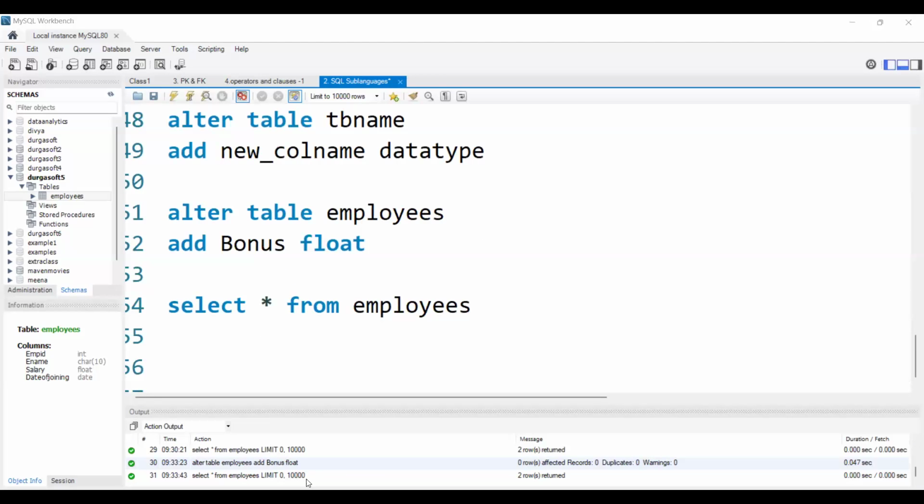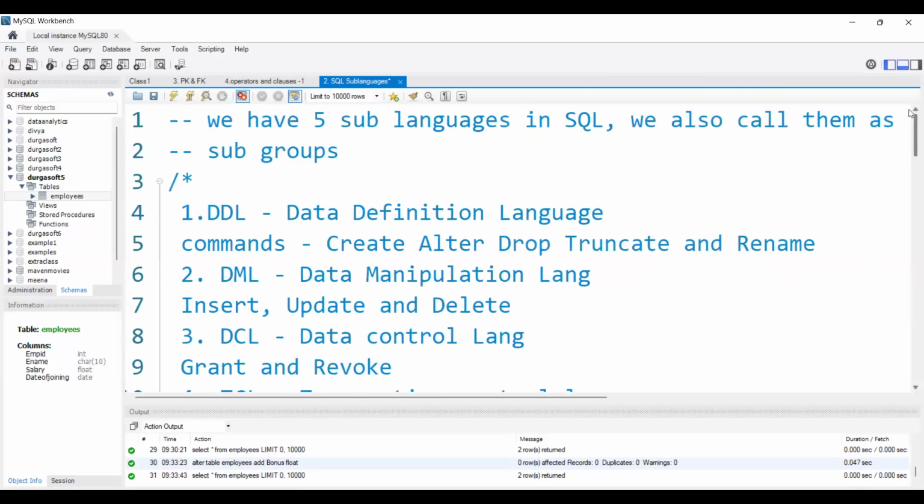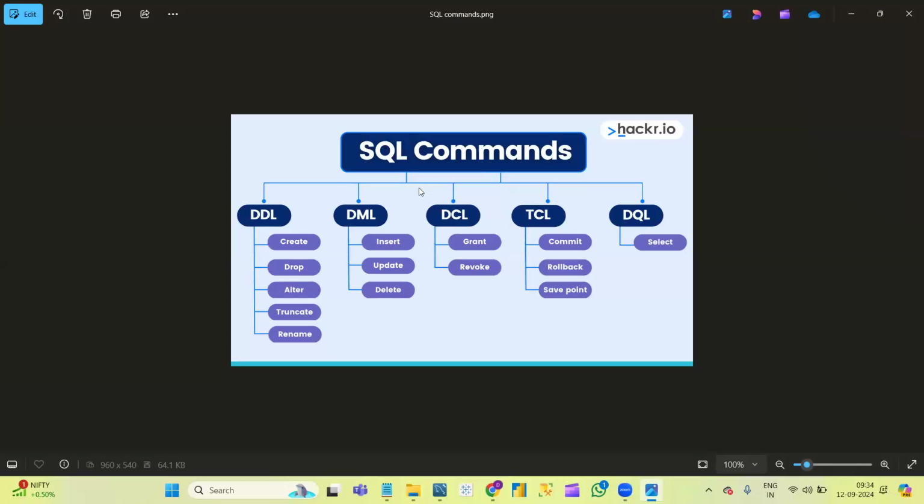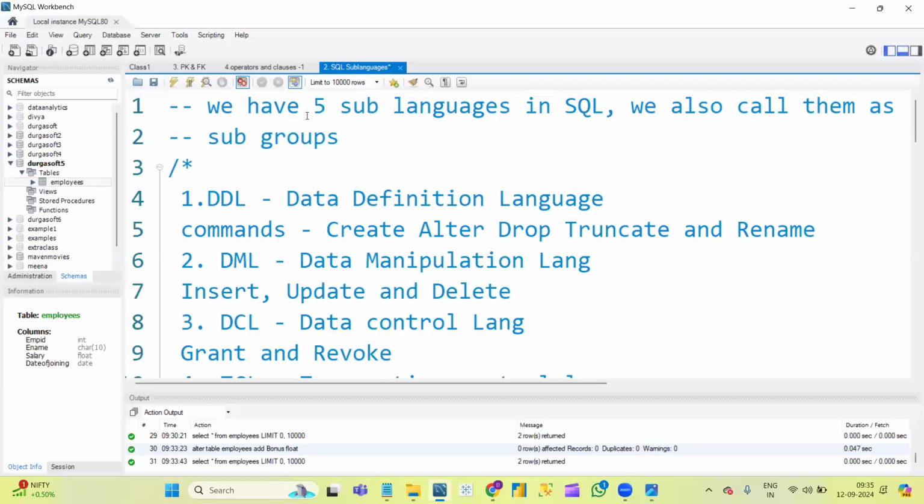Yeah, clear. Great. Hi Sachin, today we are discussing SQL sublanguages, a separate concept. We have a concept called SQL sublanguages. You can see in this picture SQL sublanguages. We have 5 different types of sublanguages. In each of the sublanguages we have some different commands. Now we are discussing all of them in detail. That is what I wrote. We have 5 sublanguages.